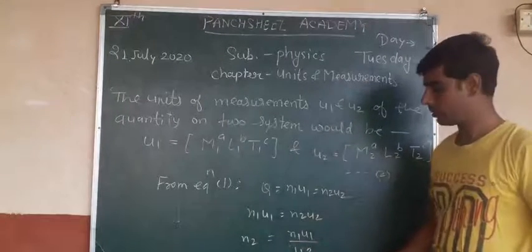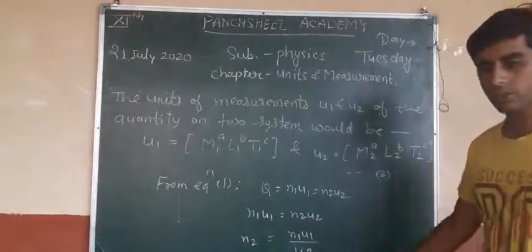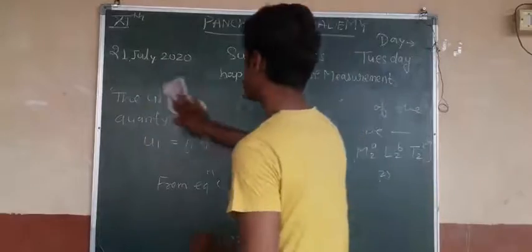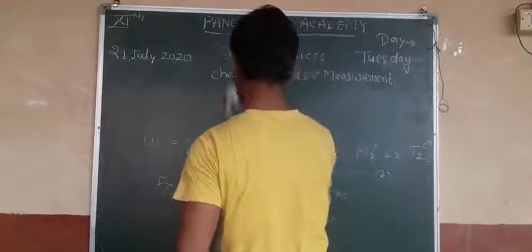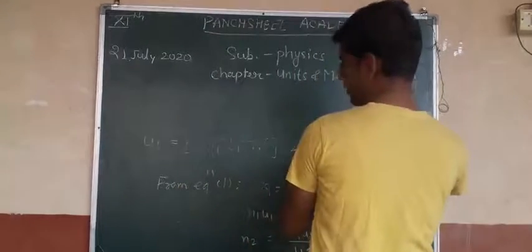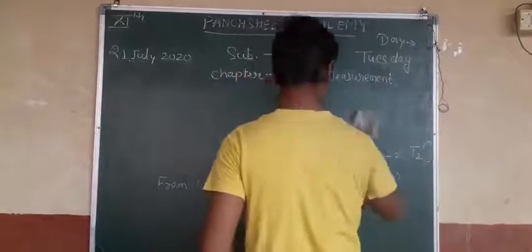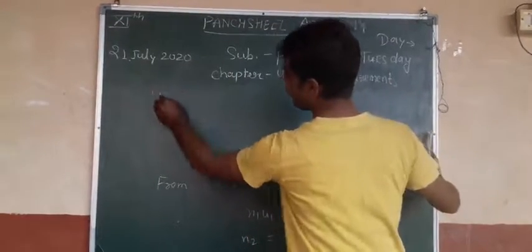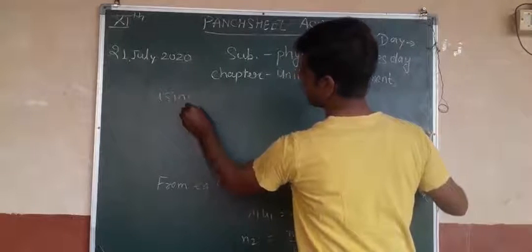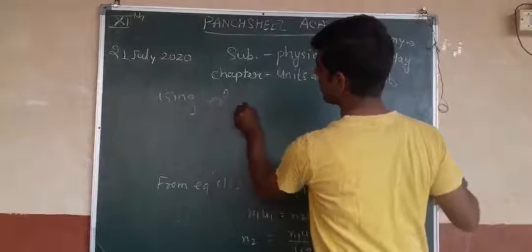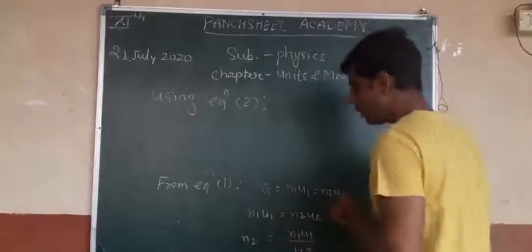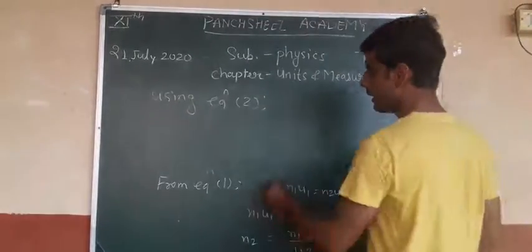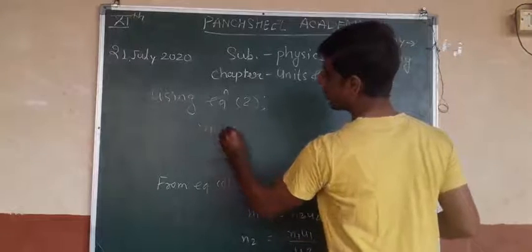Now using equation second, put the values of u1 and u2 from equation second, then you will get n2 equal to n1